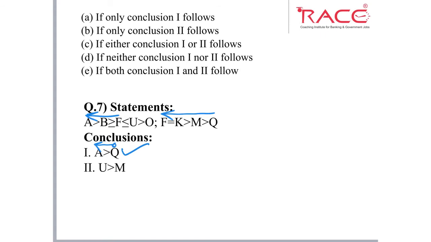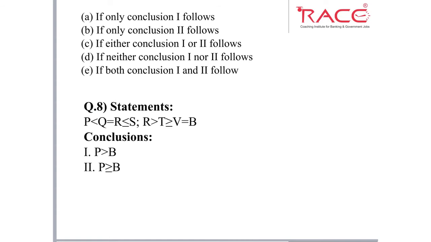Now we will check it for M to U. So where is M? Again here we have M to F, then F to U. We can see from M to F and F to U there are no opposite signs, and we need one highest priority sign in this statement. Between M to U we have a single highest priority sign, that is greater than. So this conclusion also follows. So what is our answer? E. Okay.